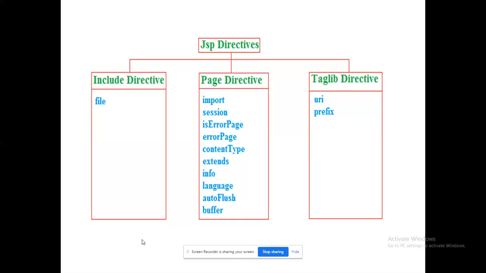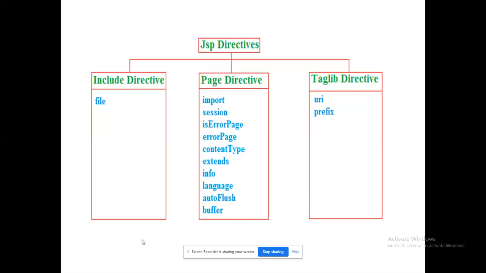Page directive, right? So page directive means I could be able to manage all these things. I can do redirection, I can import a particular page, I can manage the page using session variable, which is very, very important pertaining to cookies and session tracking handling. I could be able to provide error page, which can be managed through that. Content type, right? It could be based on XML, right? I could be able to manage that.